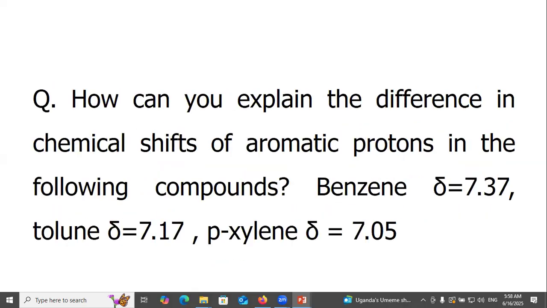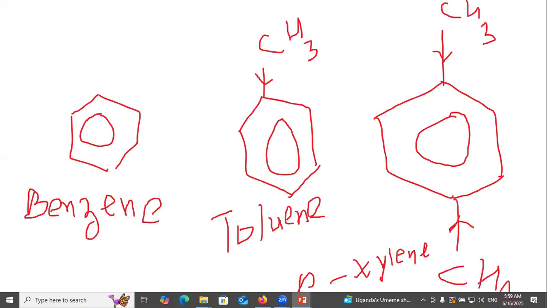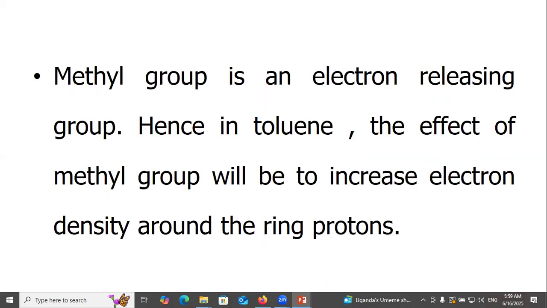How can you explain the difference in chemical shifts of aromatic protons in the following compounds? Benzene delta equals 7.37, toluene delta 7.17, paraxylene delta 7.05. Methyl group is an electron releasing group, hence in toluene, the effect of methyl group will